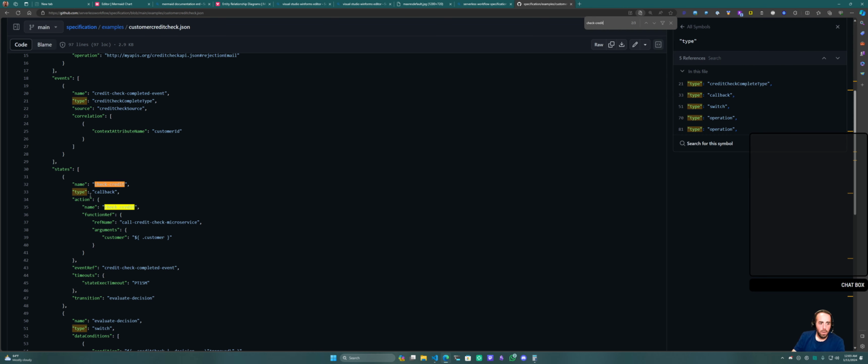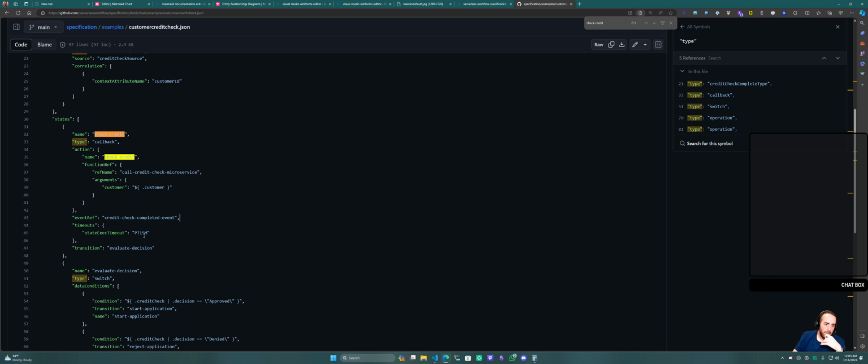So we would go here and this is a callback. I forget what callback does, but oh, it's an asynchronous API, I think. So we call this and then we wait for this event, and we wait 15 minutes for this event before this workflow times out. So we'll sit here. Now, once we get this event,